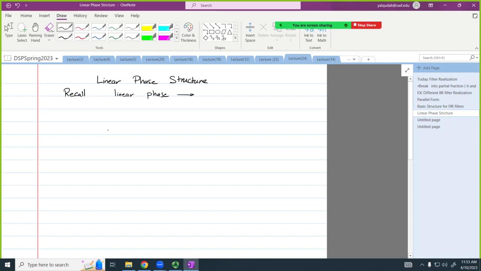Okay, we have to have a symmetry, whether an odd or even symmetry. You can forget everything you want to forget about FIR filters. One thing you should not forget is that if there is a symmetry, there is a linear phase. Okay, so using this symmetry, we can show